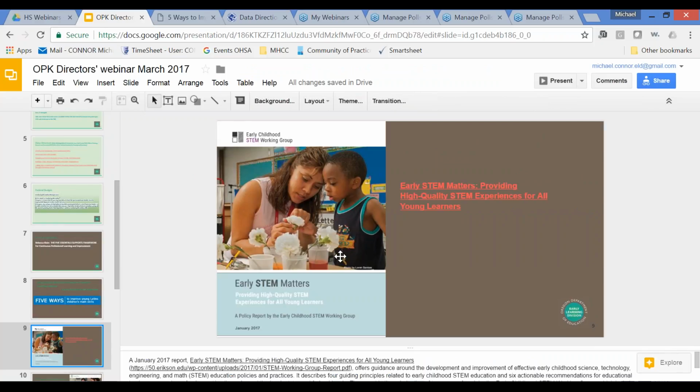Also, I wanted to highlight this resource around STEM, providing high-quality STEM experiences for kiddos. There's a report here that also includes a lot of practical ideas. So as you're thinking about ways to encourage the development of mathematical thinking and curiosity and those other approaches to learning that we know are so important for kindergarten readiness, this resource could be helpful for you and your team